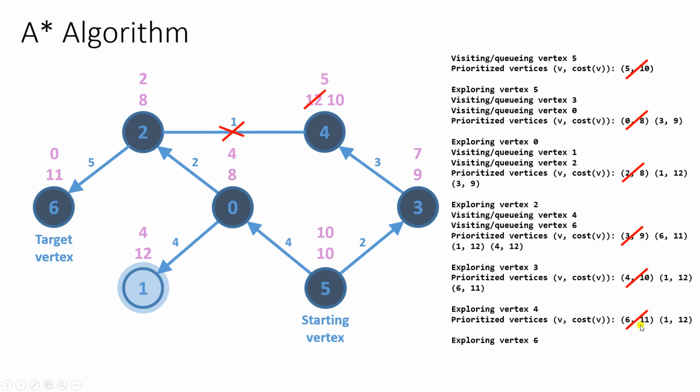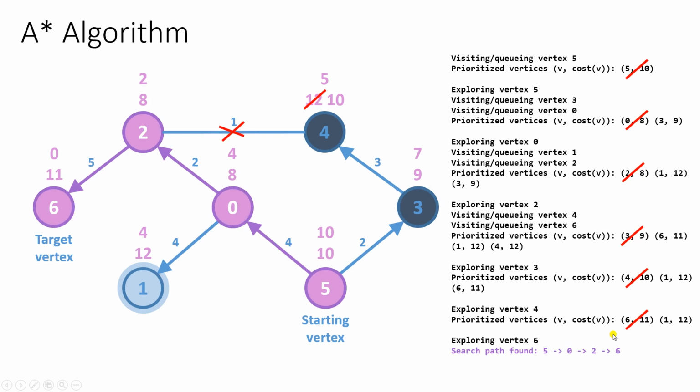And we should also notice that by exploring vertex 6 we didn't visit any new vertices. So vertex 6 just got removed from the priority queue, but one more thing, as the algorithm always does with every vertex, but I'm emphasizing this right now, the algorithm always checks if the explored vertex is the target vertex, the target entity. Our vertex 6 is the target vertex, and the algorithm signals by recognizing this and gives us as a result